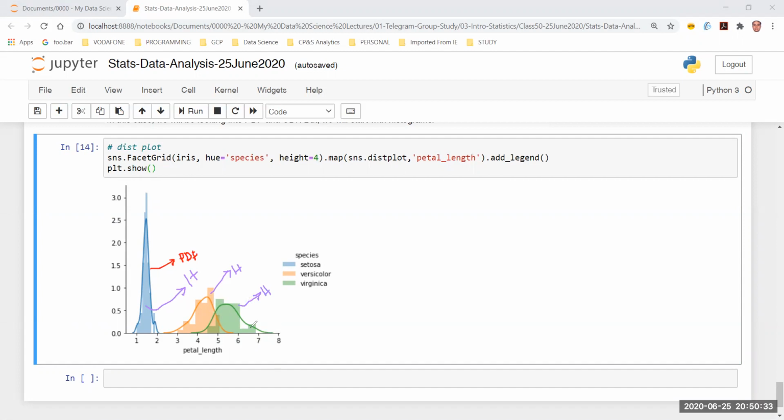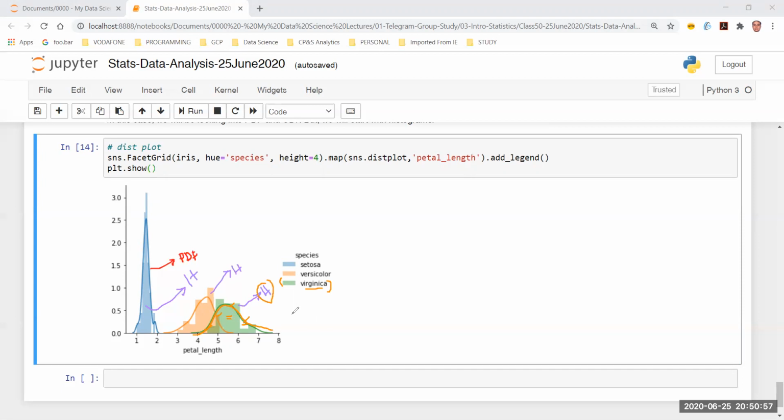So a probability distribution function, let's say this one, is just a clean, smoothened graph which is simply touching the heads, approximately, of the histogram. So this is the histogram of this flower. It's represented in the green one, so it should be virginica, right? So this is the histogram of the virginica flower, and then I have this.